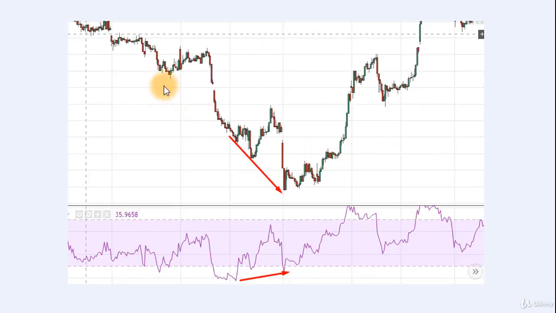Now in this chart, the prices are in a downtrend and they are falling down, but from this point, this is the point, we get a positive divergence. Prices are falling down, but RSI is going in an upward direction. So from this point, prices rise in an upward direction. You can see this is the downtrend and now this is the uptrend. Now we will take an example.